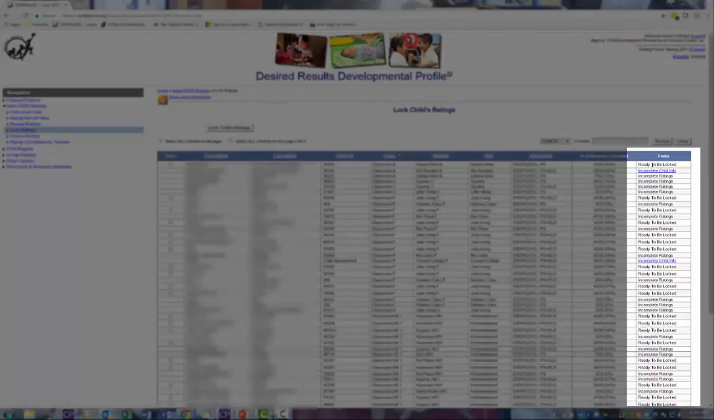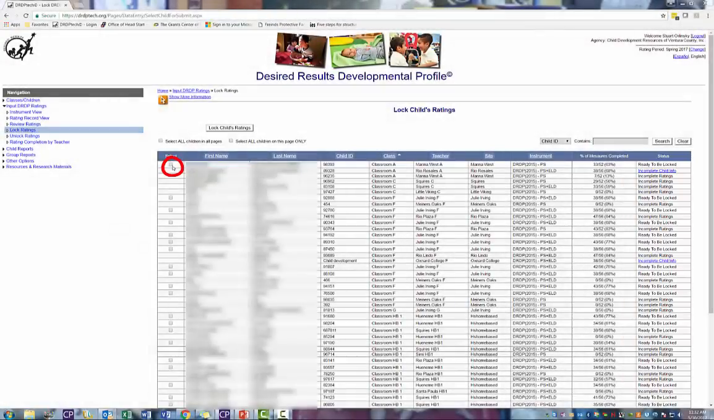Ready to be locked means that everything is complete and you can lock the rating, and you'll see a little checkbox right here that you're able to do that. If you see a note that says incomplete child info, that means there's items in the child's information that still need to be completed. You can send an email to me, stuart.orlinsky@cdrv.org. Please make sure to put the child's first name, last name, classroom, and site, and I will